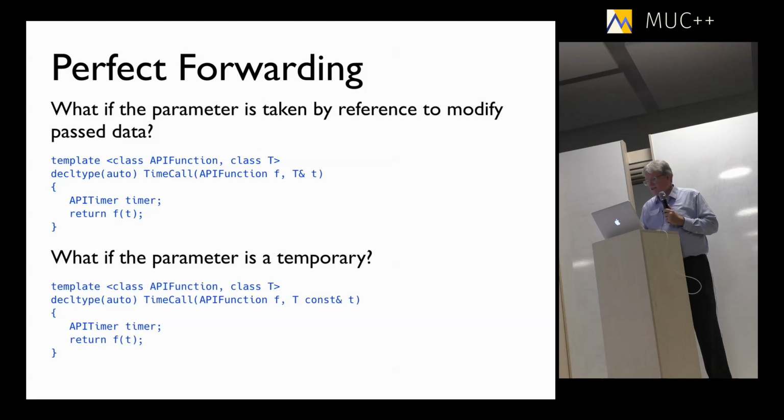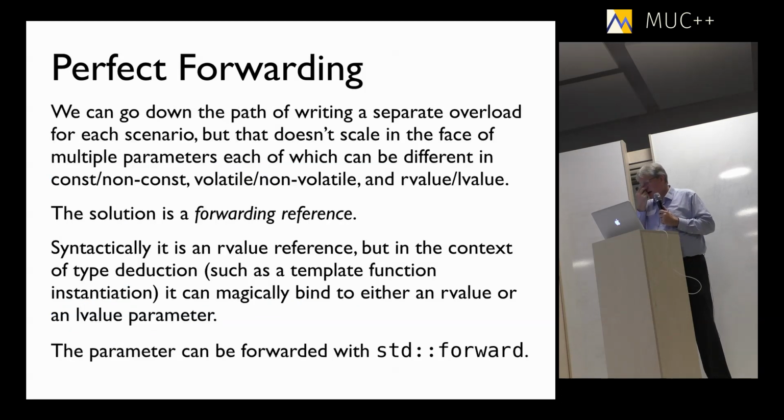So we could do this. If it is a temporary, then it's an L value const. But if it's not, if we want to modify it, this could get pretty ugly as far as having to make a bunch of overloads for every possible case. On top of which, what would happen if we had more than one function? Okay, so let's deal